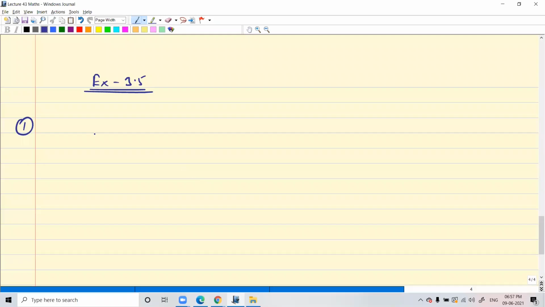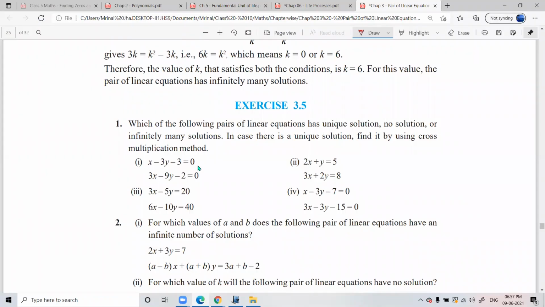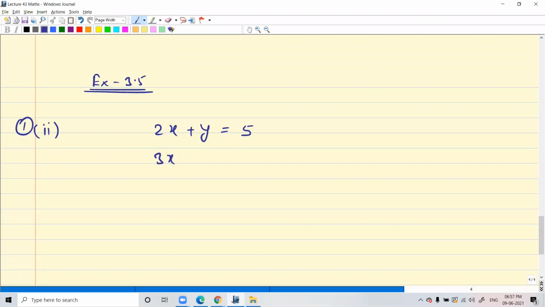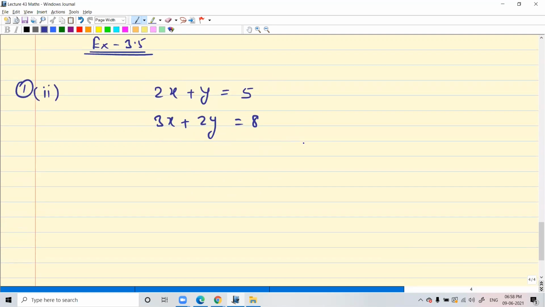Okay, so the question is, first question, which part? Second part. The equations are 2x plus y is equal to 5, and 3x plus 2y is equal to 8. So whenever you have equations given like this, and you want to use cross multiplication to solve it,